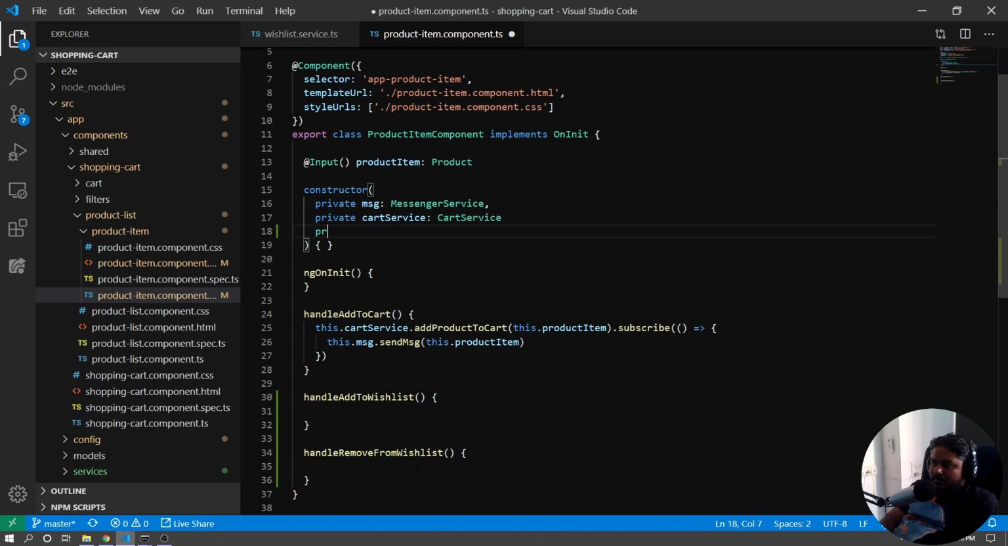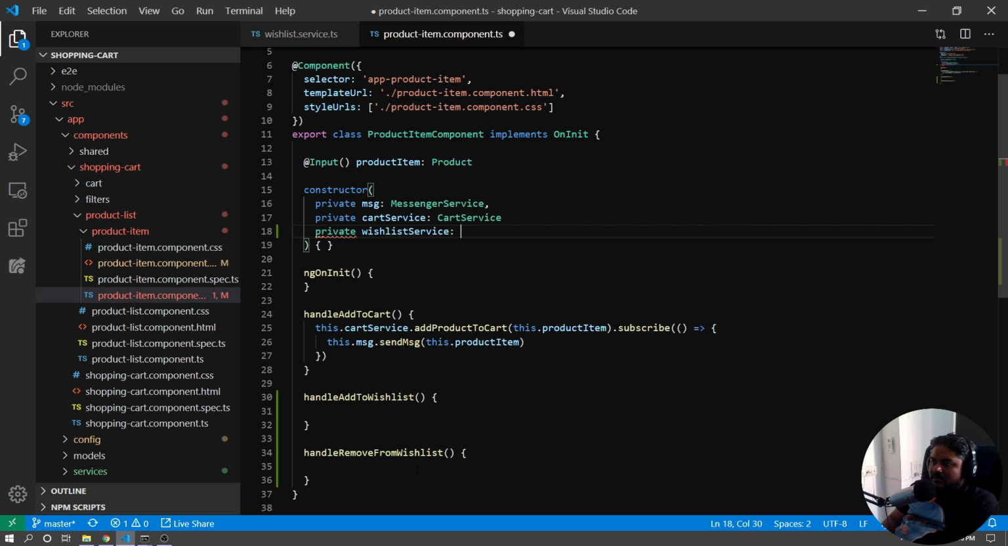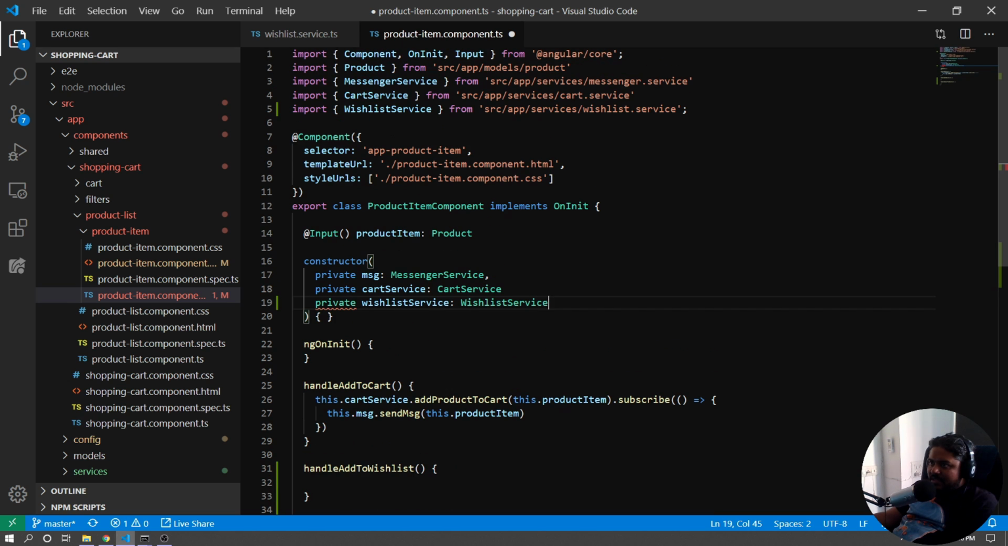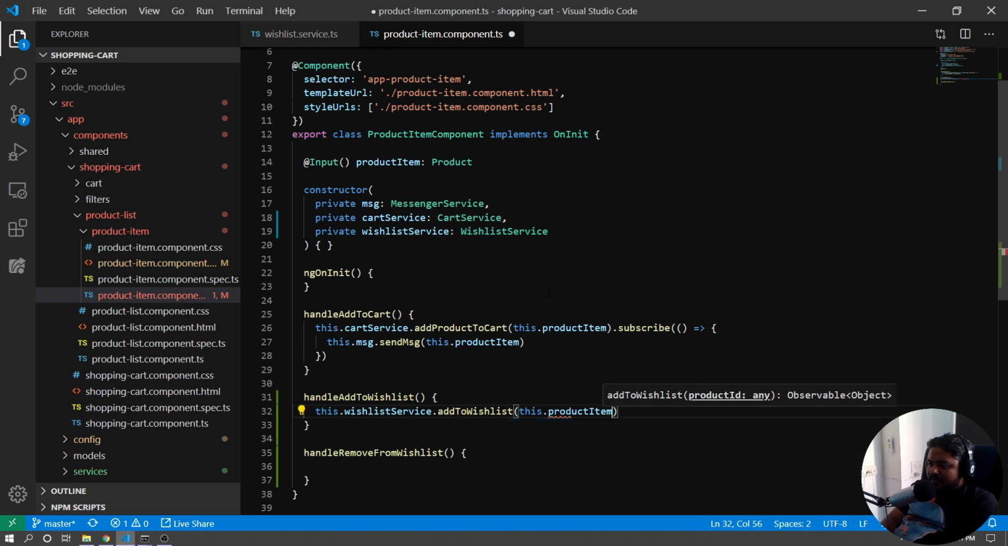So private wishlist service is wish, and when I hit enter, auto import would happen. You can see that wishlist service is imported, and the comma here. Right, so add to wishlist would be something like this dot wishlist service dot add to wishlist, and this would be like this dot product item dot ID, because we're passing a product ID to the add to wishlist function,